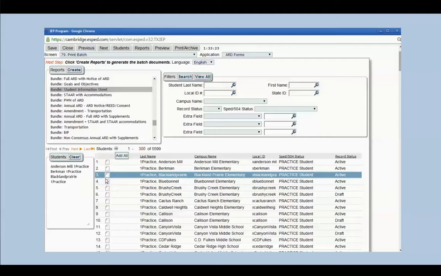Once I've selected the students I want, I will need to go up to the top and click on Create. This is where I'm going to create my batch print report. You can select the language over here, English or Spanish, and remember this will only change the pieces of eStar that have been entered by eStar. Anything entered by you will still remain in the language you entered it. Click Create when you're ready,